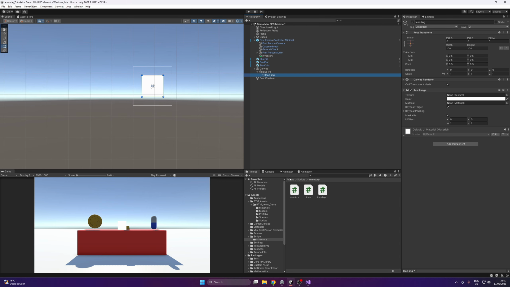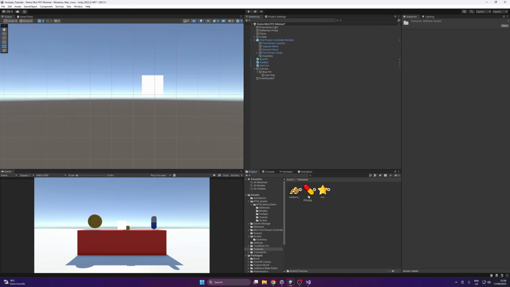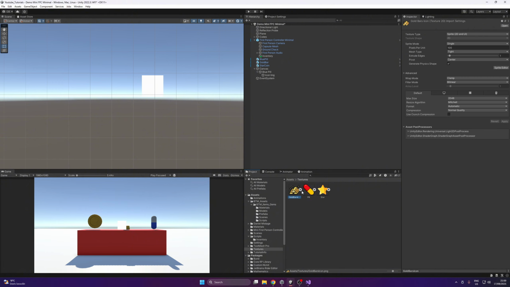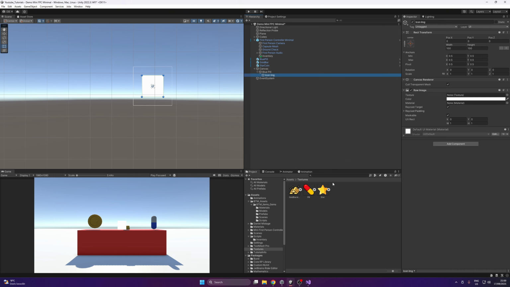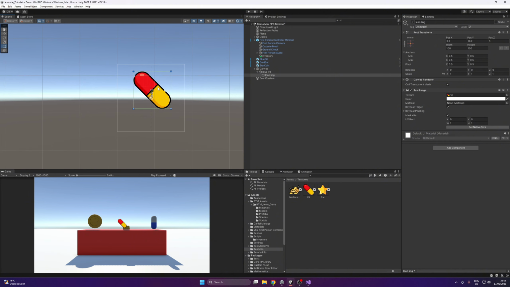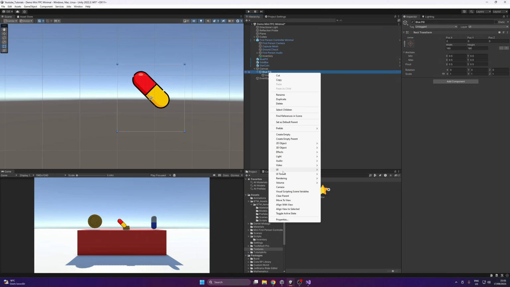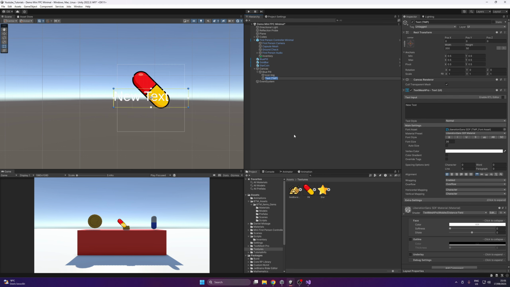There we go. And then we gotta go to our textures folder, and I already pulled up some PNGs. It's literally just a simple gold bar icon logos that you can find on Google very easily. You just gotta make sure that it is a PNG and it doesn't have any background, unless you want it to, but I don't want that in this case. So this is gonna be blue pill. Well, basically it's any pill. We'll put it here, and then very important, we're gonna create a text, and we're gonna say blue pill amount,